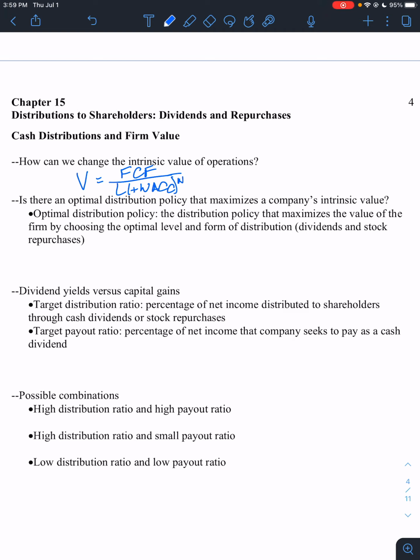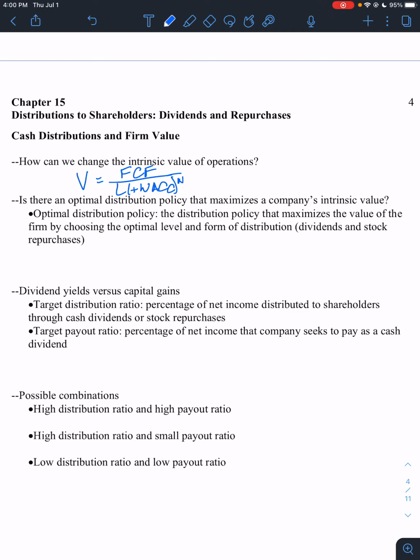And so then the question becomes, well, we already looked at capital structure and came to the conclusion that yes, capital structure does matter. It can affect firm value, both by affecting free cash flows and affecting WACC. So then there's the question, does the distribution policy matter? Can I change the firm's distribution policy in such a way that it changes the value of the firm? Because I shouldn't really care. As a manager, I don't care how I distribute it. I just want to distribute those cash amounts in a way that will help the firm the most by maximizing